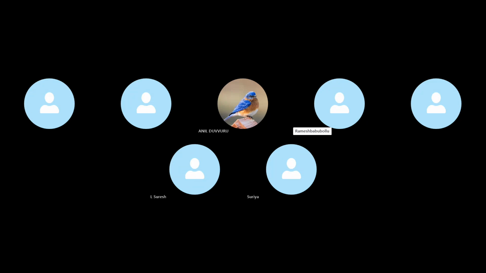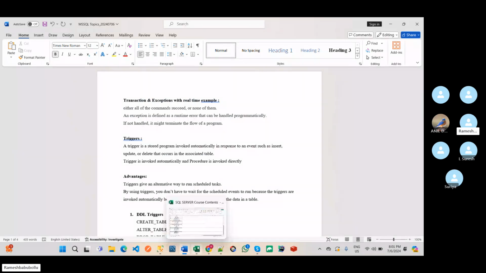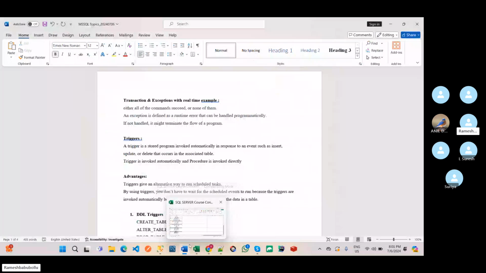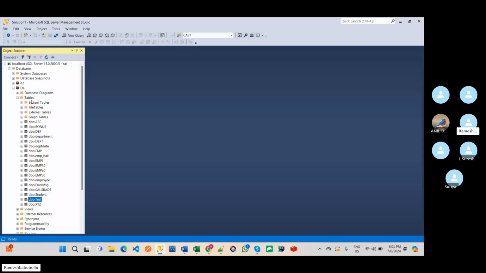Discussed about transactions and exceptions and the difference between stored procedures and functions. And one more thing, I want to discuss some real-time examples while using transactions and exceptions. Okay, so